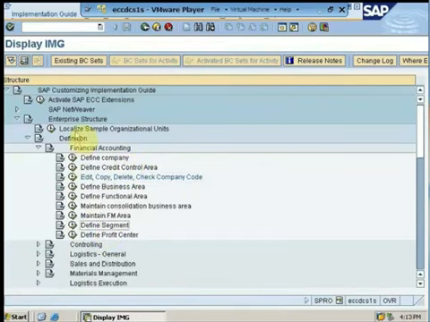Now the main concept behind a variant is that a variant is a similar nature, a similar property which can be assigned to multiple objects. In order to create a variant, we'll again go to our IMG implementation guide transaction code, which is SPRO.